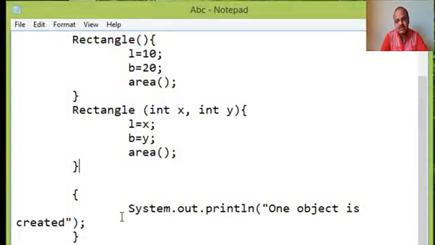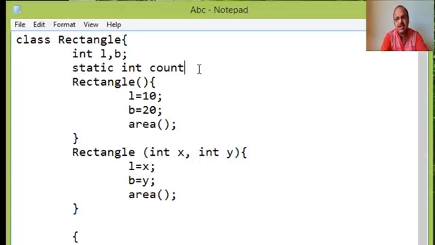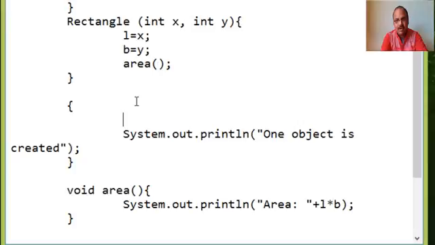However, if we have a static member to count the number of objects, like static int count = 0; and then add an anonymous block with the statement count++,